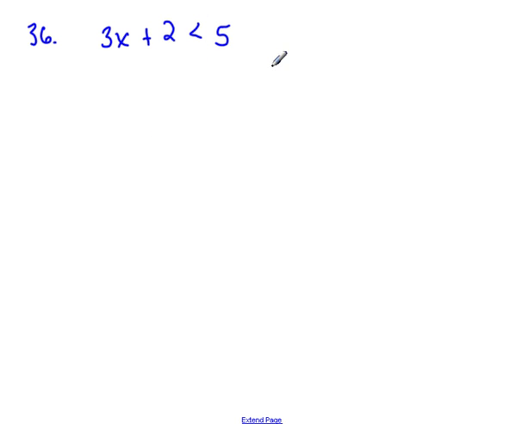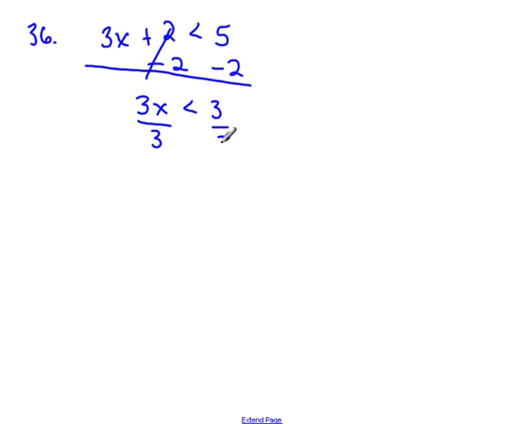Or, if the variable's on the wrong side, meaning the right side of the inequality, you have to rewrite the inequality so that the variable's on the left. Okay, so let's do this problem. First thing we want to do is subtract 2. 3x is less than 5 minus 2, which is 3. Divide by 3. If we're dividing by a positive, do not flip the inequality, so the solution is x less